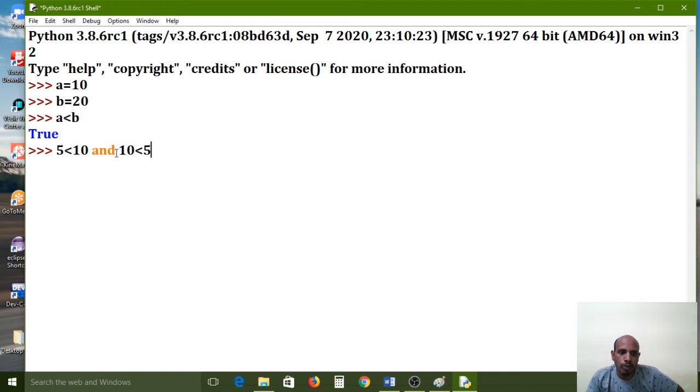Because here I gave two conditions, and in between I used the AND operator. What does AND mean internally? AND means both conditions should be satisfied. That is the meaning of the AND operator. It will represent false because the first expression is true and the second expression is false. If I use the AND operator, these two expressions must compulsorily be satisfied, and only then will a true value be represented. So the first expression has been satisfied, but the second expression is not satisfied. That's why it is representing false as the output.